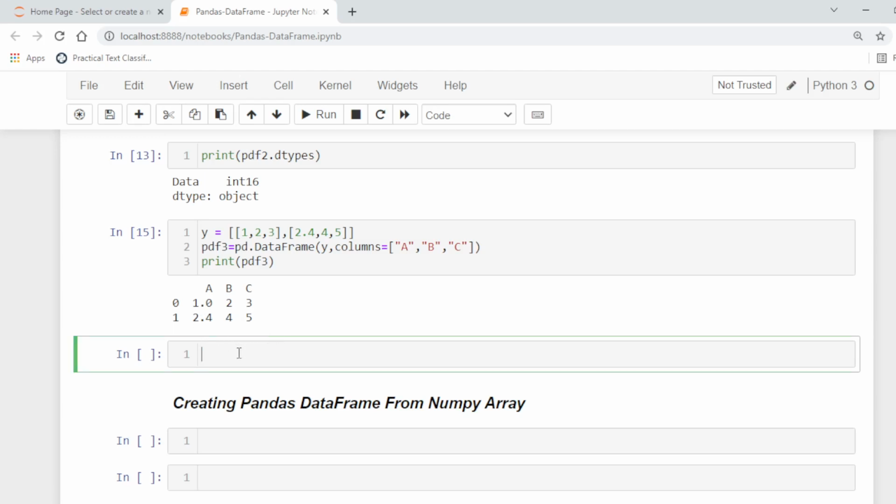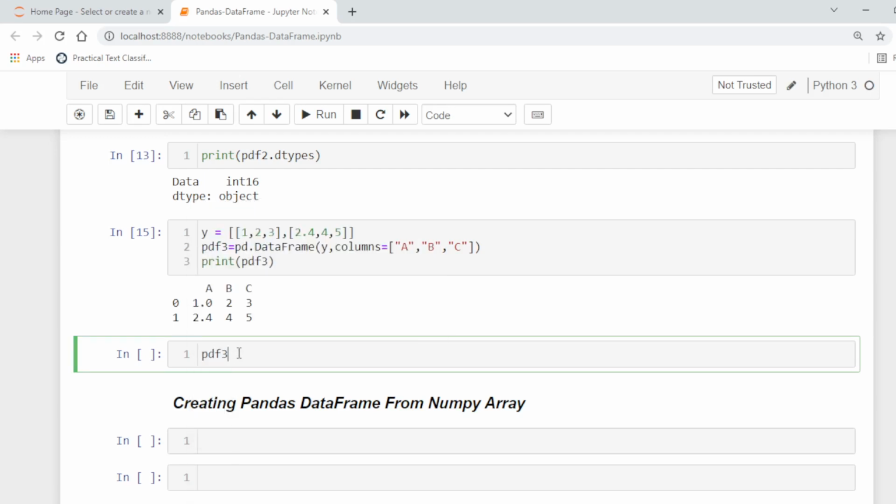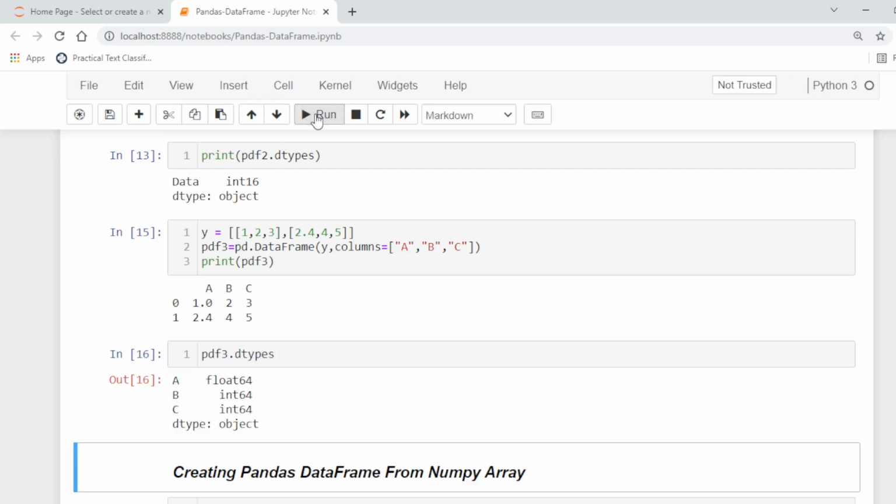If you need to check the data types of this data frame, pdf3, for example, dtypes. Actually the first column, because there are floating values, its type is float64 and the others are int64. Columns B and C types are actually int64.